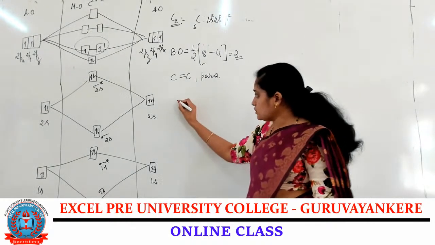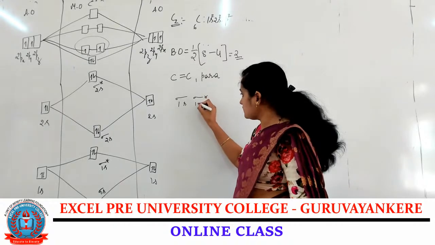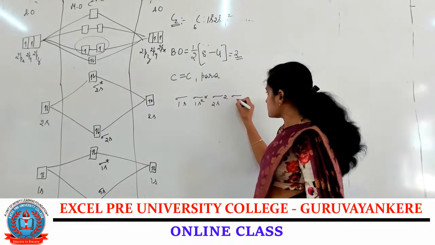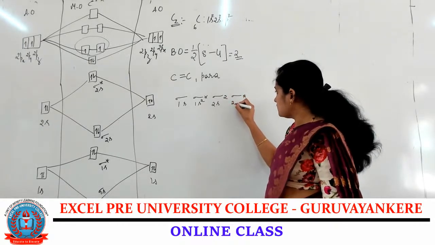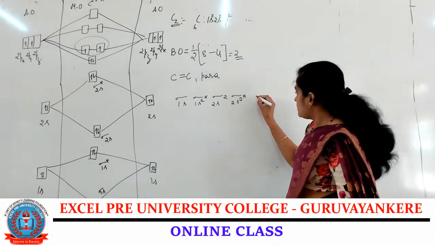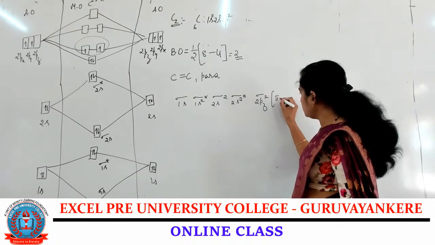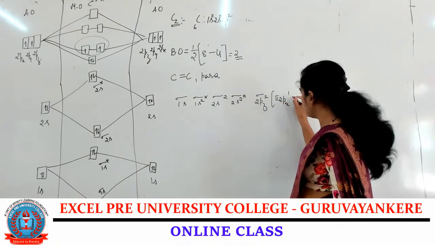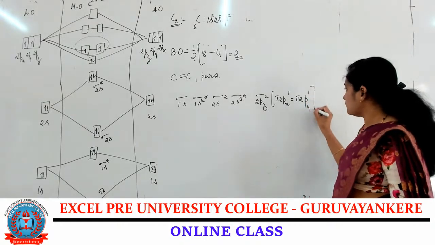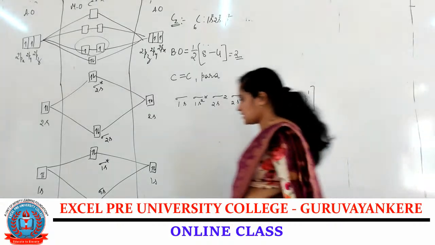And the electronic configuration is sigma 1s2, sigma star 1s2, sigma 2s2, sigma star 2s2, then sigma 2pz2, pi 2px1 is equal to pi 2py1. So this is about the C2 molecule. Next, the last one,